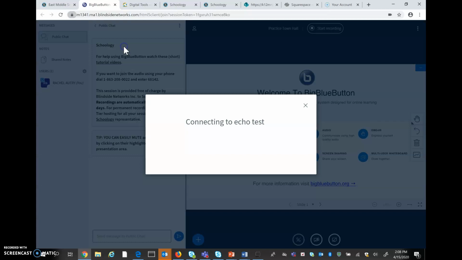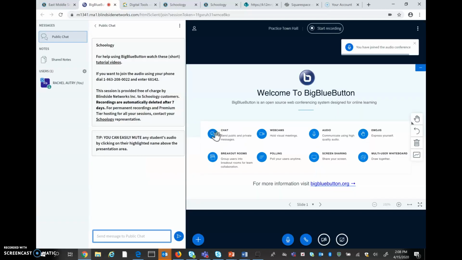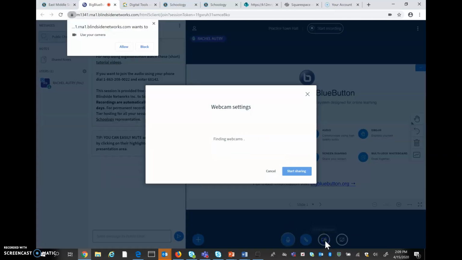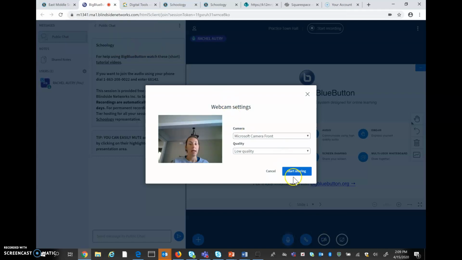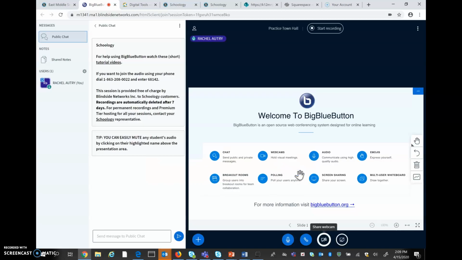Do microphone, I'm going to allow it. You are currently the only person in this conference. Okay, so this is what you would see. Everybody that's within the conference will show up over here on the left-hand side. If you want to join with a video, if you have a camera, if you're on a phone or you're on a laptop that has a webcam, you can click on the share webcam, and I'm going to allow it, and it's going to pop up where you are able to start sharing yourself. So I did that, and I am right here on the screen. So what you see here